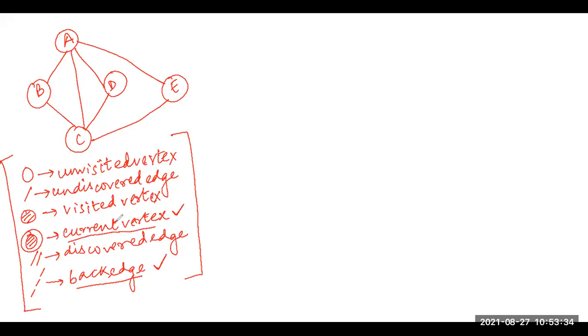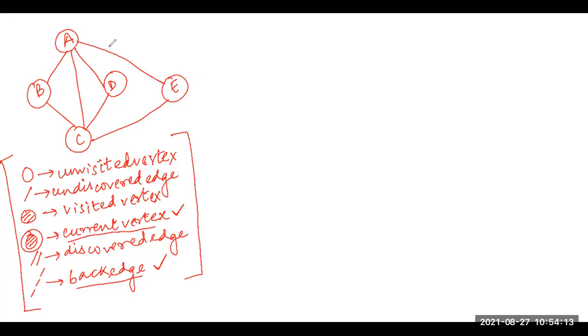Now, what is the logic of this DFS? We have told what DFS does. It keeps exploring the vertices until it reaches a dead end, where there are no more vertices or no more edges to traverse, and then we do the backtracking and we reach the point from where we started. Fine. Now, when we begin, similarly, all the edges are undiscovered and all the vertices are unvisited. So see, all the edges are single line and all the vertices are a single circle.